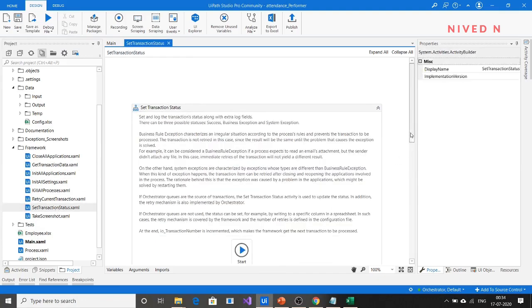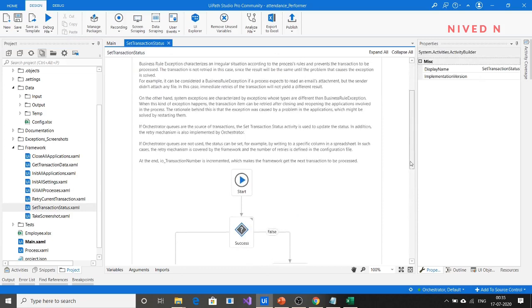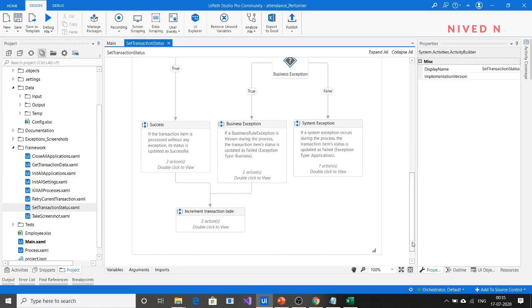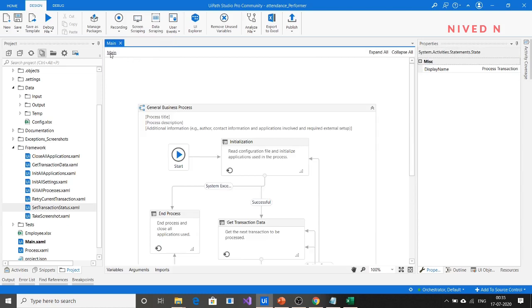After Process Transaction, to update the transaction status of the queue item, we go to the Set Transaction Status workflow to check whether our transaction is successful or has failed due to system exception or business exception. That checking and assigning is done here, which I have already told in my earlier tutorials. Hope you have looked into it.